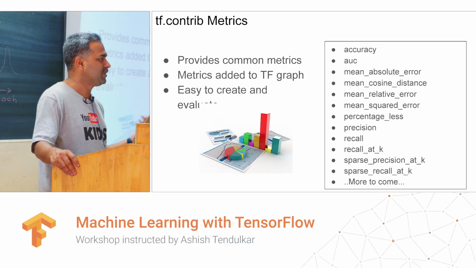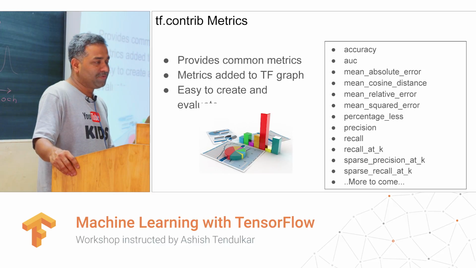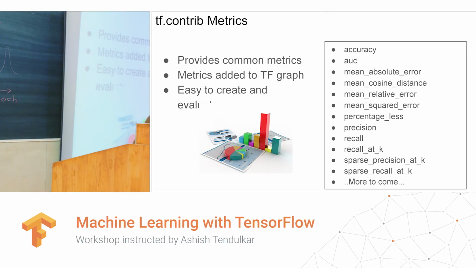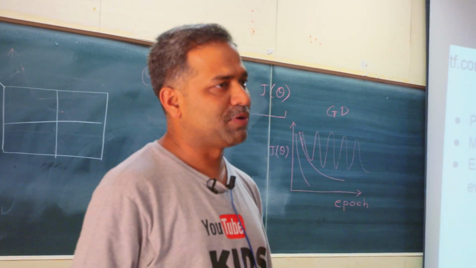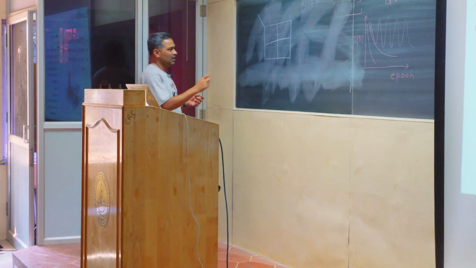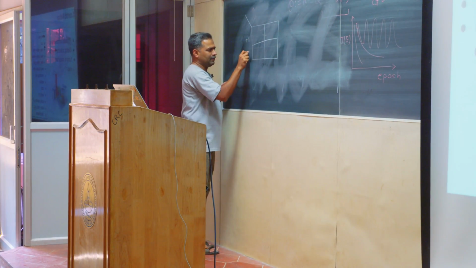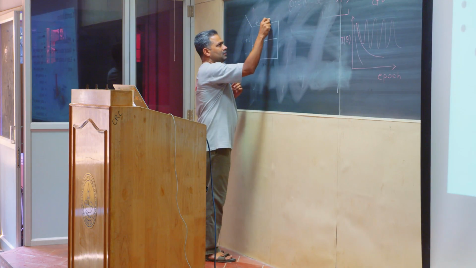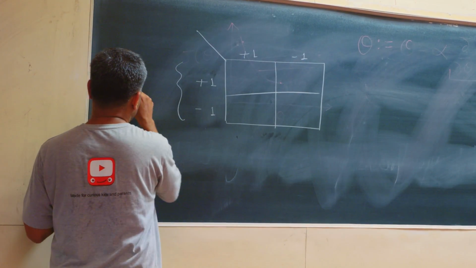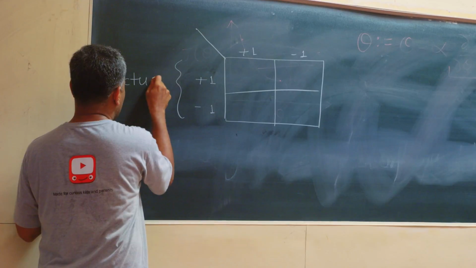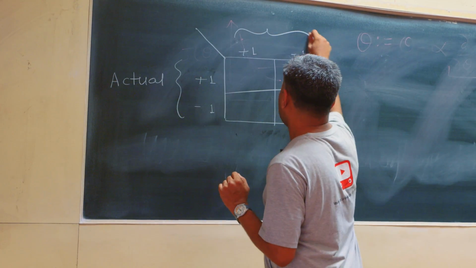Various metrics that we use to evaluate a machine learning algorithm, right? So we talked about accuracy, right? AUC, do you know AUC? Area under the curve. Okay, so let's say we have a classification problem with 2 classes, right? Let's say +1 and -1, +1, -1, right? And let's say this side is actual labels, right? And this side